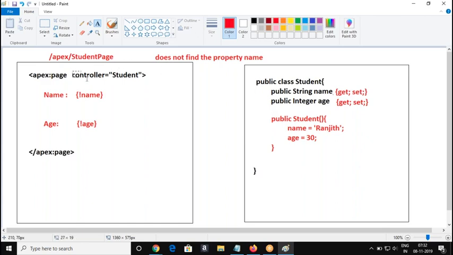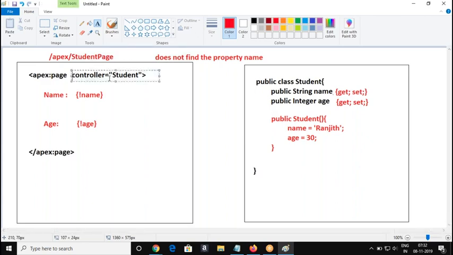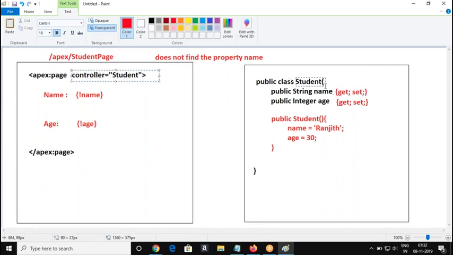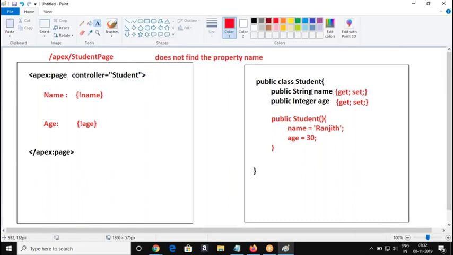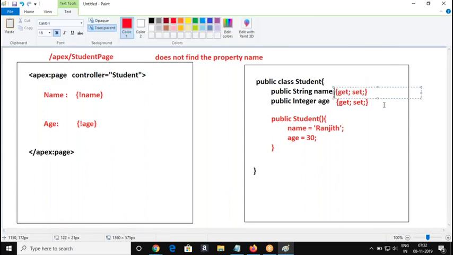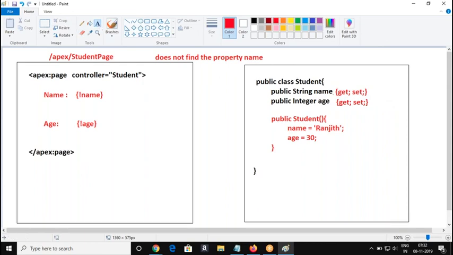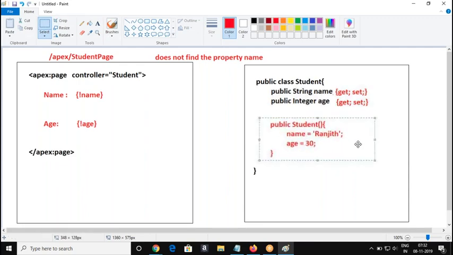The rule is: first use the controller attribute to refer to your class name, and then you refer to your class member variables. The member variables should be properties, right? In this case, should my class have only properties? Not necessary.